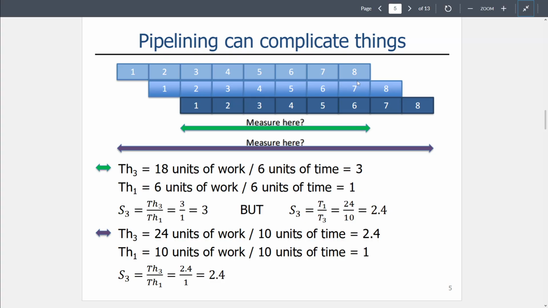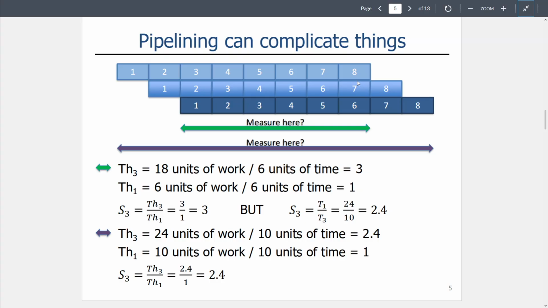So that seems like a reasonable number. For a sequential execution, though, I would expect only 6 units of work over 6 periods, 1 piece of work for each unit of time. We can see that clearly just by focusing on one bar, 1, 2, 3, 4, 5, 6 over 6. So computing the speedup based on throughput in that example gives us a speedup of 3,